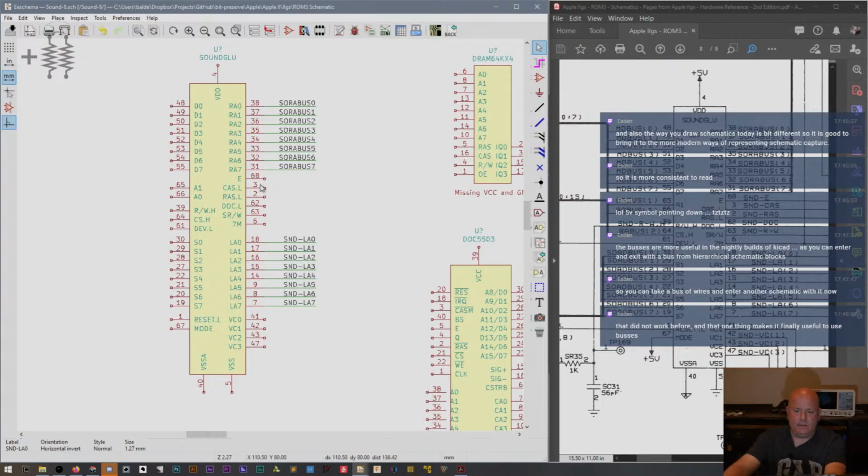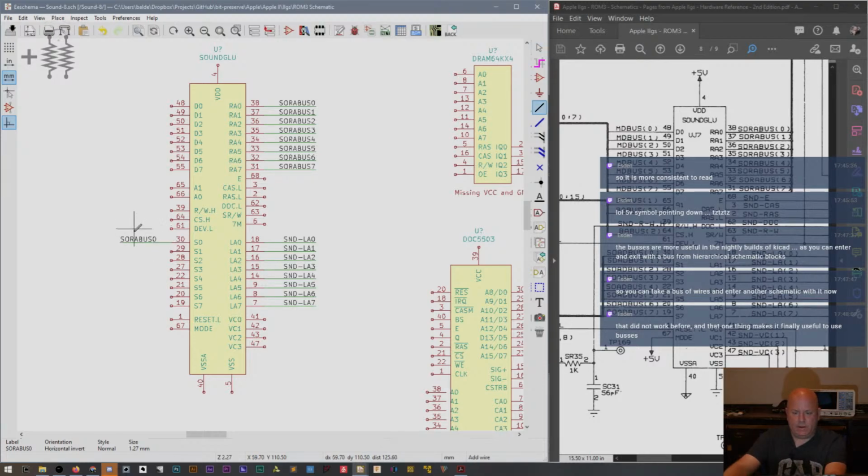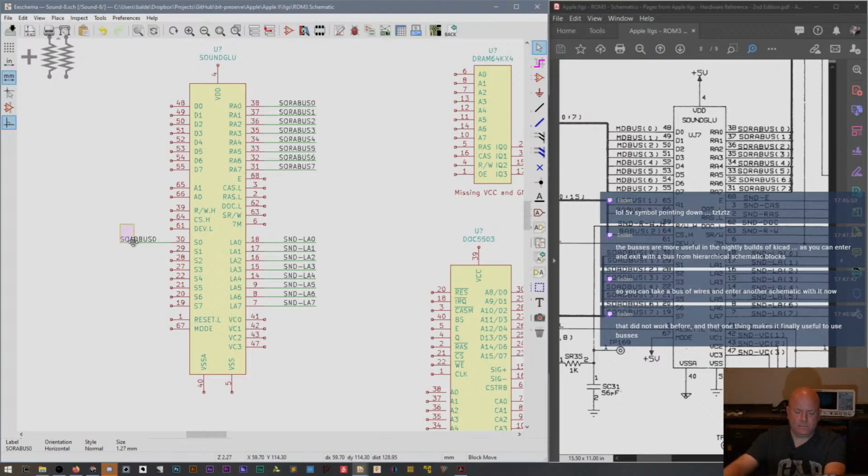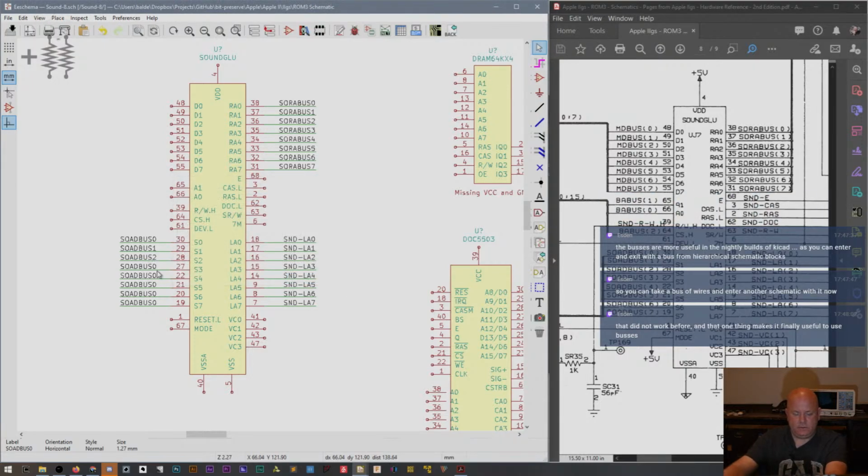So SOAD bus. All right, we're going to copy this label, bring this one over here, hit W for wire, make a wire about that big, edit, and then this is going to be SOAD bus 0. Highlight that, just Control C, Control V, and copy that a couple times so that it goes quicker. All right, let's go 1, 2, 4,